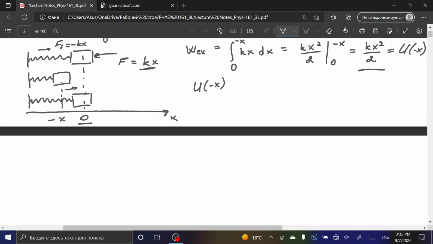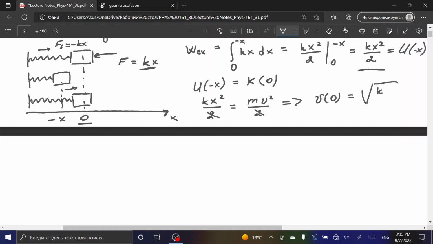energy at minus x will be equal to kinetic energy at the 0 position. In that case, we have k times x squared over 2 equal to m v squared divided by 2. So these 2 we can cancel out. And from here, velocity at the 0 coordinate, at the 0 position, will be given as the square root of k times x squared